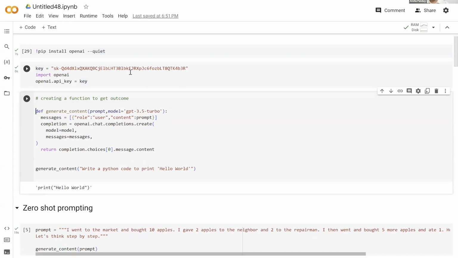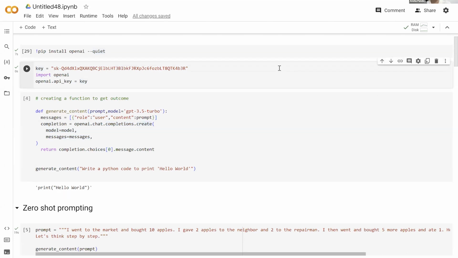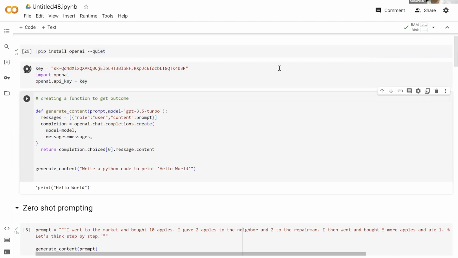Here we're creating a function called generate content, feeding the prompt as input and the model as GPT 3.5 Turbo. The GPT model uses a specific format for messages, so we specify the role as user, the content, and the prompt. So now we are using the OpenAI API. We say openai.chat.completions.create, and that's going to create the completion.